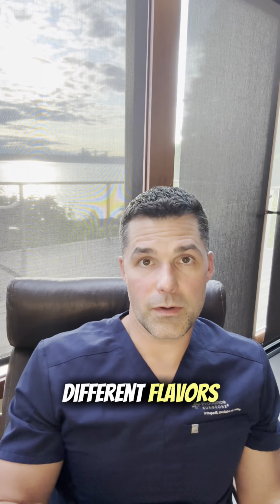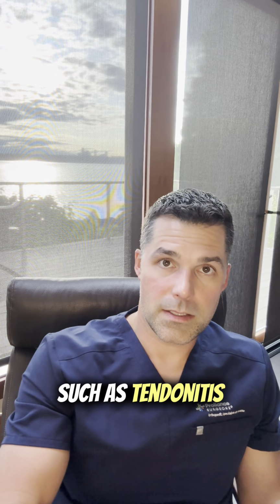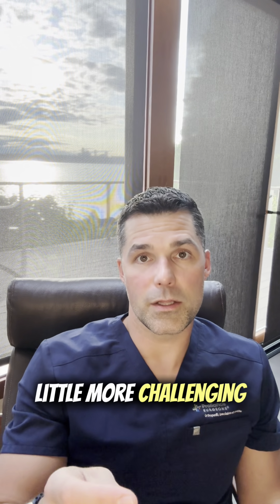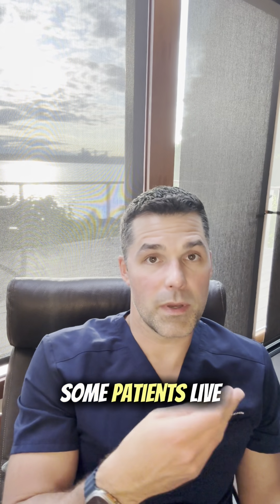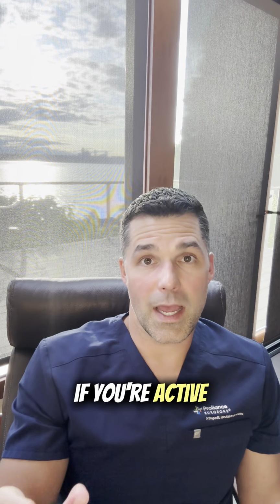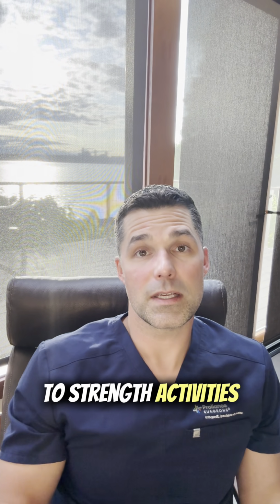And they come in different flavors, such as tendonitis, where it's a partial tear. Those are a little more challenging in the sense that patients tend to have a lot of pain. The ruptures don't have as much pain. They tend to have the weakness or the deformity. Some patients live with it, but obviously if you're active and you want to get back to strength activities, generally